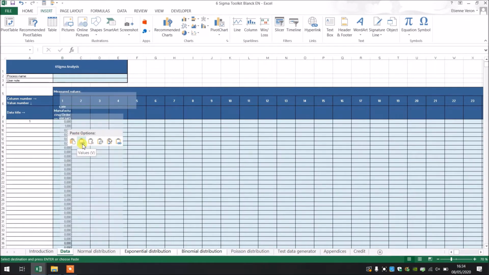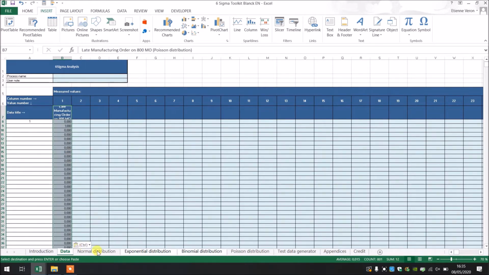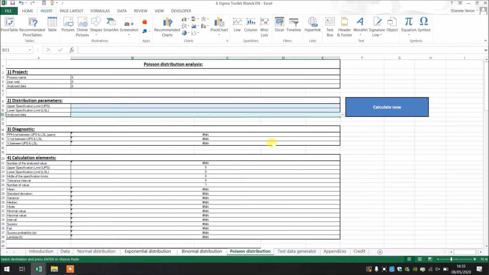So I paste each value, and then I go in the Poisson distribution. And now I select the data I want to analyze. So I select the late manufacturing orders, and I put my lower specification limit, which is 10. I'm going to show you why. And then I'm going to input 100 as the upper specification limit. Then I calculate the workbook, and the tool gives me the percentage which is not inside the limit and the